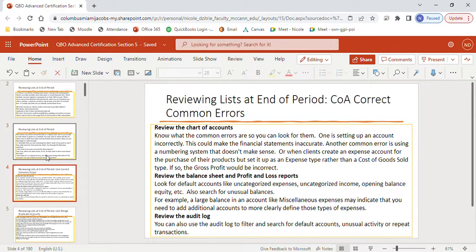Review the balance sheet and profit and loss reports. Look for default accounts like uncategorized expenses, uncategorized income, opening balance equity, etc. Also search for unusual balances. For example, a large balance in an account like miscellaneous expenses may indicate that you need to add additional accounts to define those types of expenses a little bit more clearly. Review the audit log. You can always use the audit log to filter and search for default accounts, unusual activity,